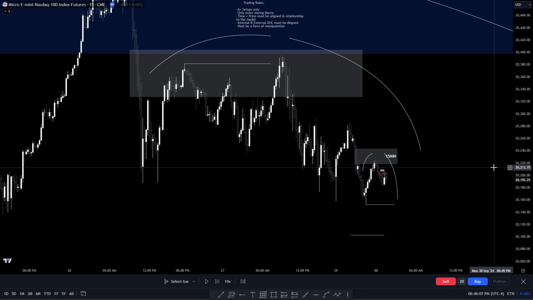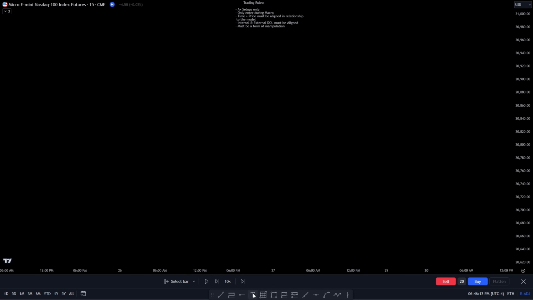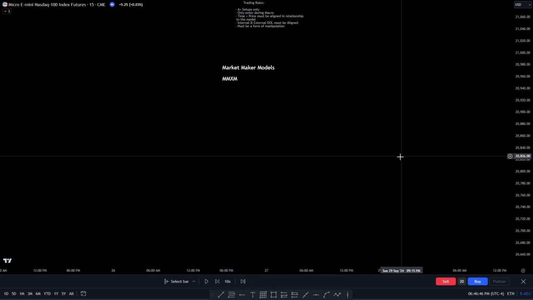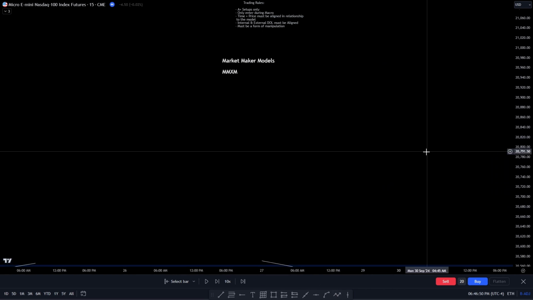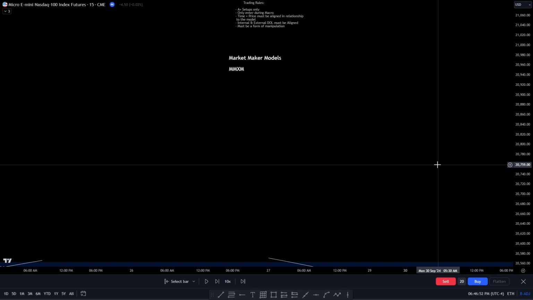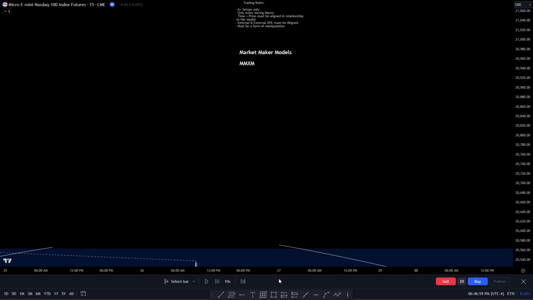So I'm going to be going over my model for you first. This is what I trade. This is the model that I trade in ICT concepts, right? Without just yapping, essentially this is how the markets move, in this type of pattern in a way. And what that looks like is usually, in trading,